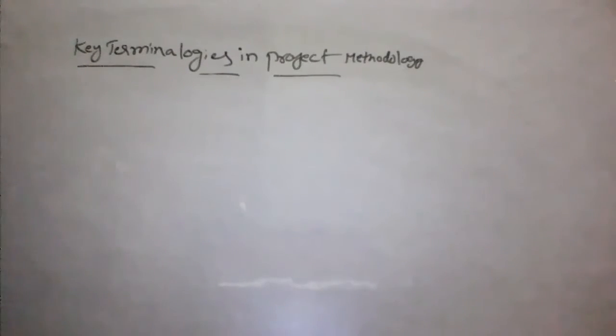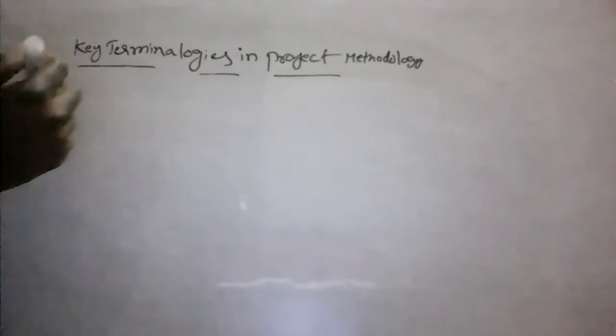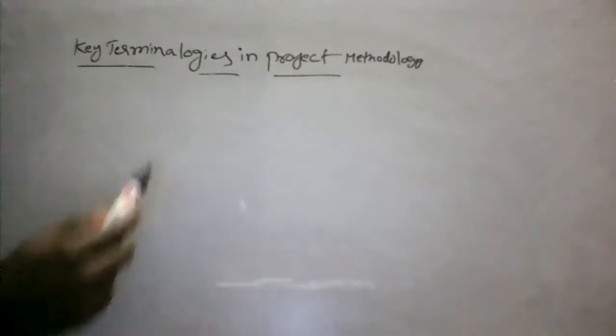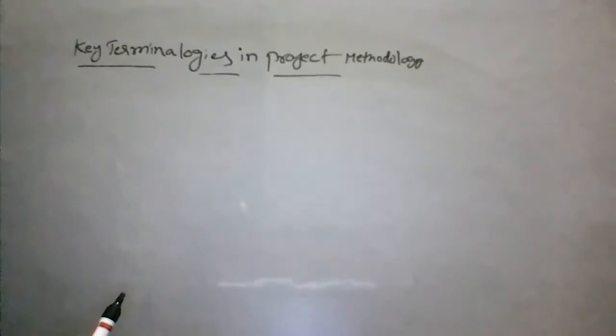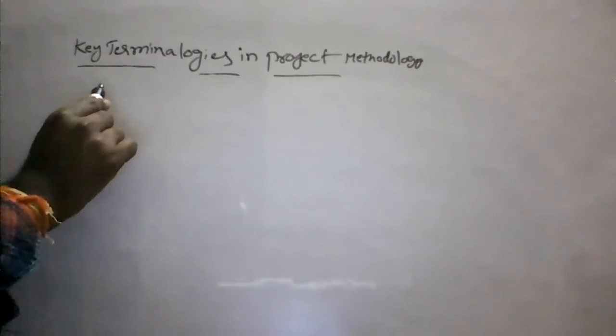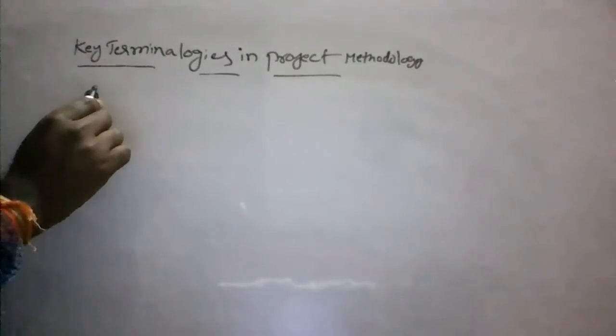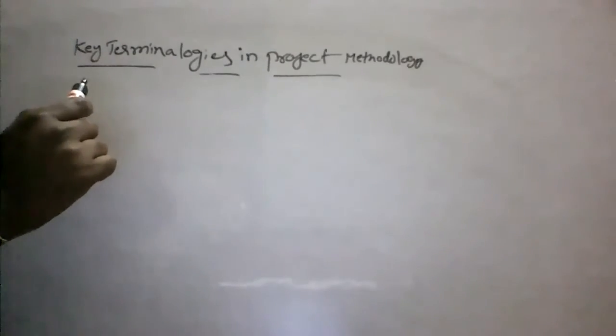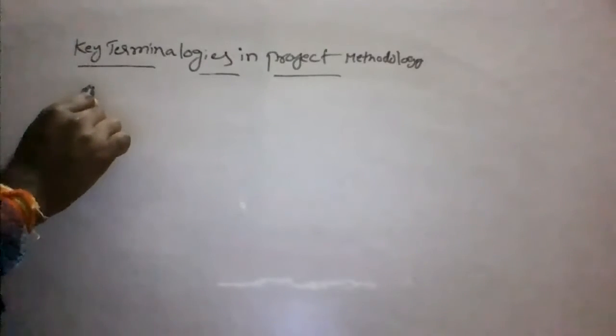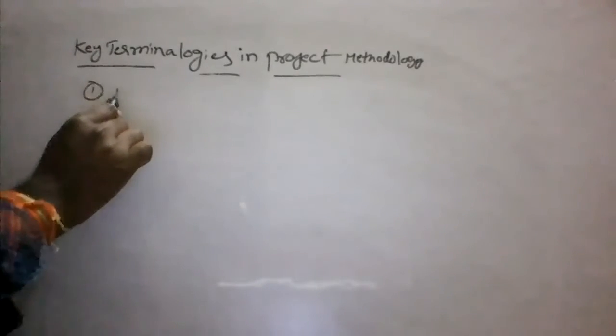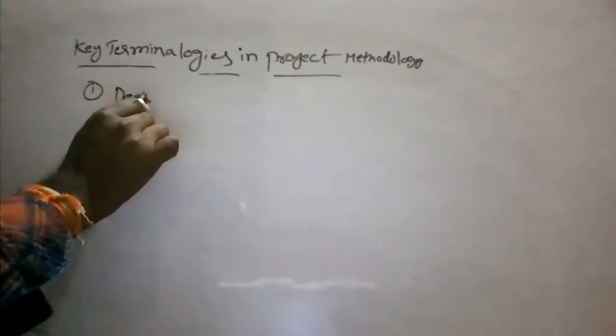Today I am going to explain some of the key terminologies in project methodology. These are the different terminologies we generally see in data science concepts. The first one I am noting here is deviations,